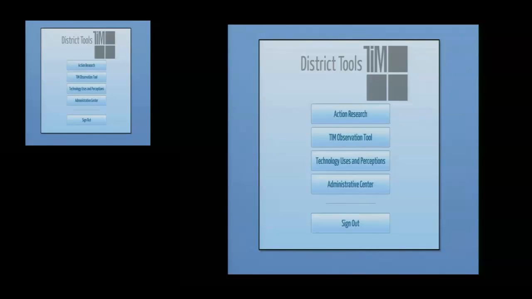mytechmatrix.org. The suite includes a classroom observation tool that guides an observer through the process of doing an observation that ends up with a profile of the lesson that you've observed in terms of the technology integration matrix. It talks about how technology is being used in collaborative ways, in authentic ways, in goal-directed ways within the classroom